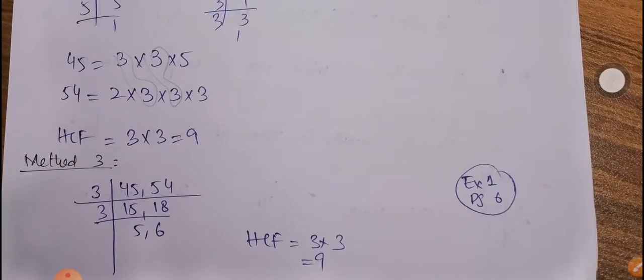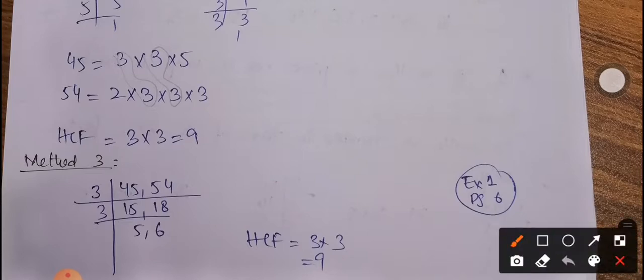Next we have the third method that we normally use, or that we are all familiar with. If we want to find the LCM of any two numbers, we simply perform the prime factorization simultaneously. So here you can see that we are inserting 45 and 54. We start with 3. Why can we not start with 2? Because 2 cannot divide 45, so we have to choose only common numbers that divide both numbers. So 3 into 15 is 45, 3 into 18 is 54.